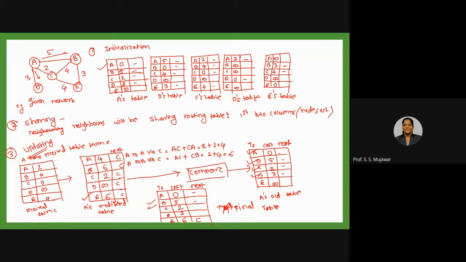Is everything clear till here? Anyone acknowledge? Yes, Jayesh, Prathamesh, Catherine, is it clear? Yes, ma'am. Okay. So this is distance vector routing. Likewise, the routing tables for B, C, D, E are also going to change.